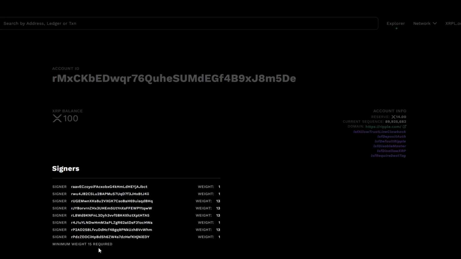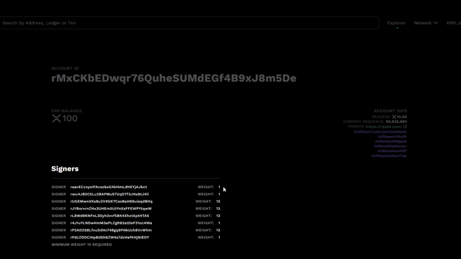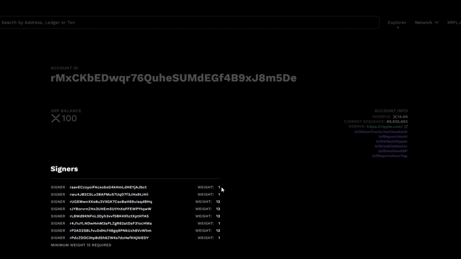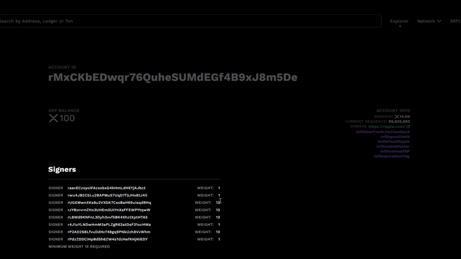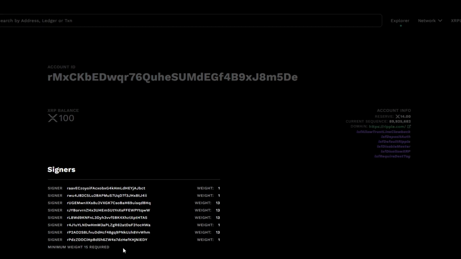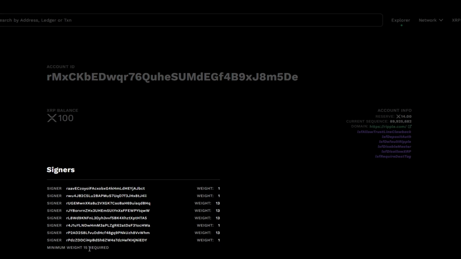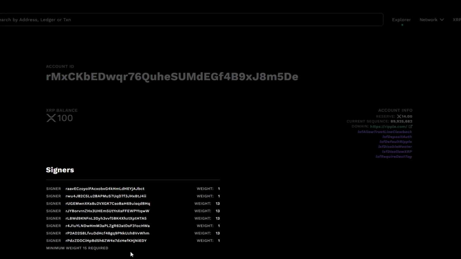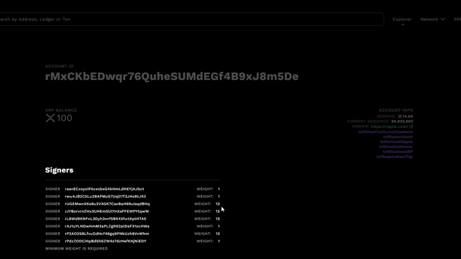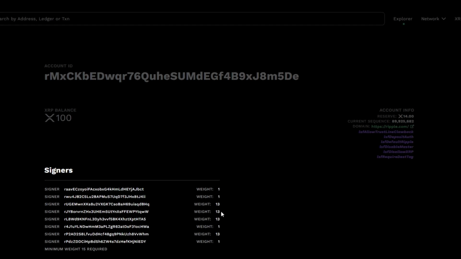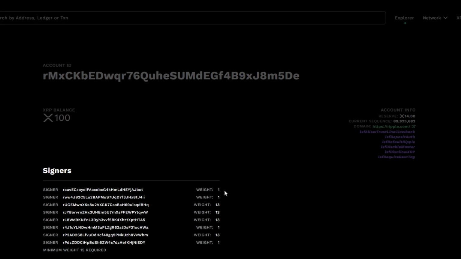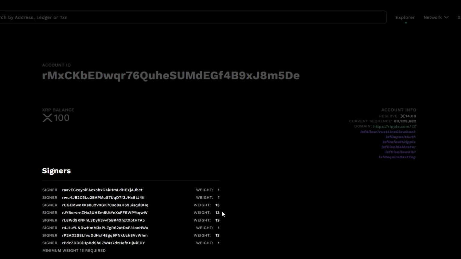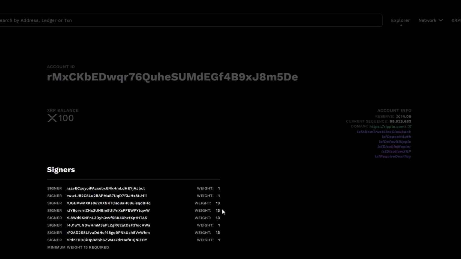What this all means is that whenever one of these signers wants to initiate a transaction, like a payment transaction for example, he has to ask for some help first. In essence, this means that he has to collect the signed approval of other accounts too, until the combined weight is 15, because the minimum weight is 15. Possible combinations are 2 accounts with a weight of 13, like these 2 for example, or 2 accounts with a weight of 1, in combination with a third wallet who has a weight of 13 again, or any other combination that equals 15 or higher.